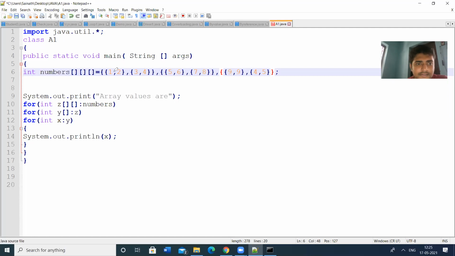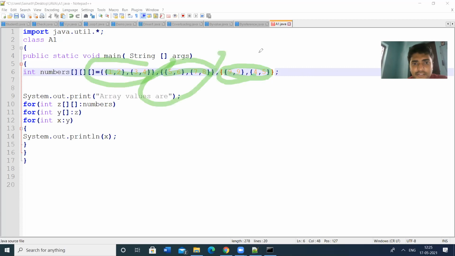So this is the first dimension, second dimension, third dimension. A three-dimensional array is an array of two-dimensional arrays, and a two-dimensional array is an array of one-dimensional arrays. So this is the first dimension, second dimension, third dimension. Let us check this.